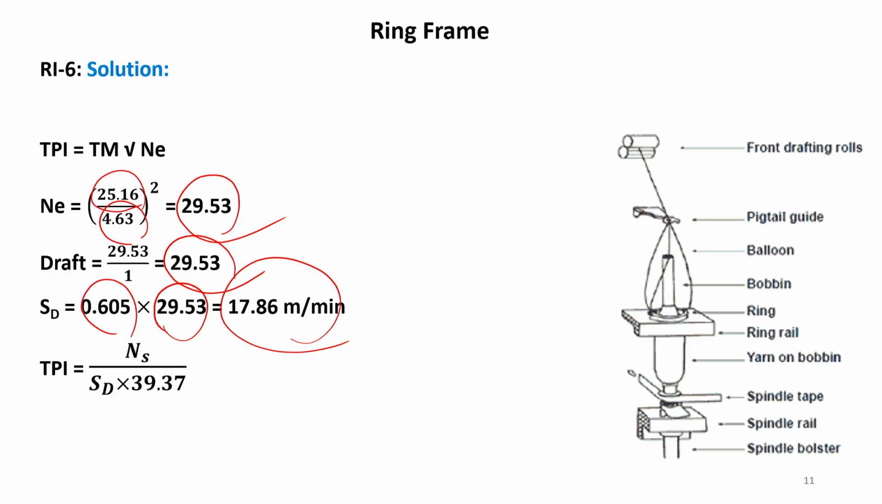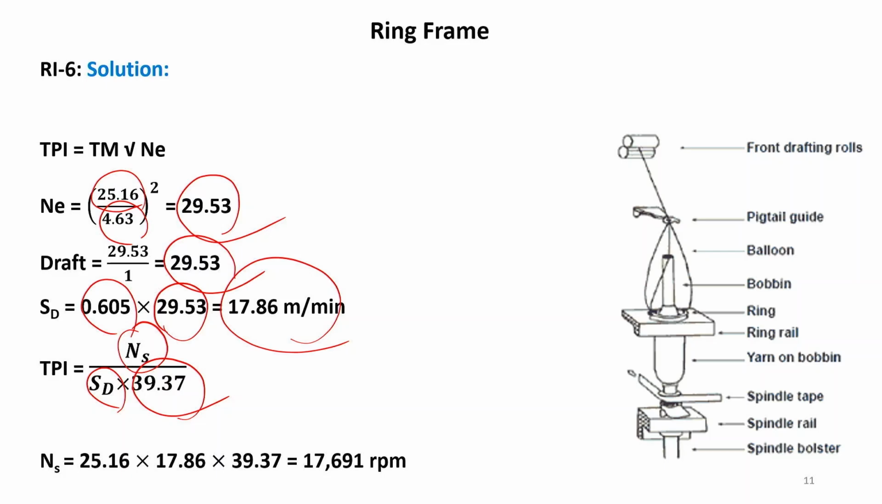So, TPI is the spindle speed NS by the delivery speed. This is the delivery speed in meter per minute and in inch it will be divided by 39.37. So, this is the conversion between meter and inch. So, TPI is calculated. From there we can calculate the spindle speed. So, TPI is 25.16, delivery speed is 17.86 and the 39.37. So, we can calculate the spindle speed. So, this spindle speed is calculated